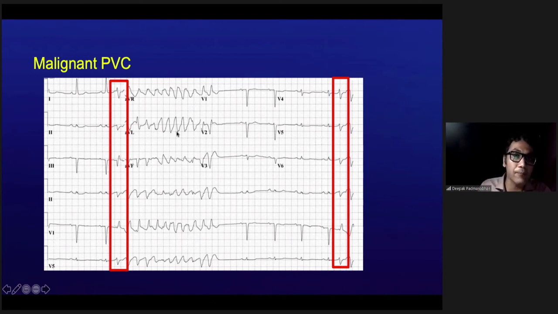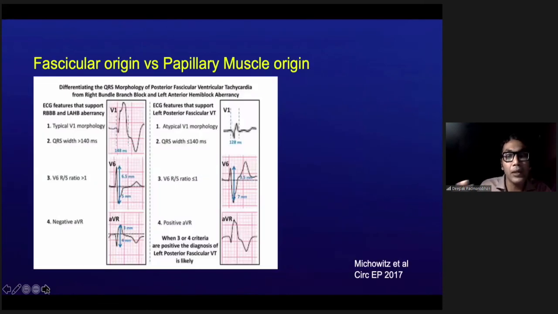ventricular fibrillation. Now, going ahead from here, let's take a brief look at the papillary muscle, or the non-outflow tract idiopathic VT. Now, these are either originating from the intracavitary structures called the papillary muscles or the fascicular muscle or the fascicles within the papillary muscles. It's usually a very, very challenging distinction to make on the basis of a surface ECG, whether it's the fascicle within the papillary muscle or